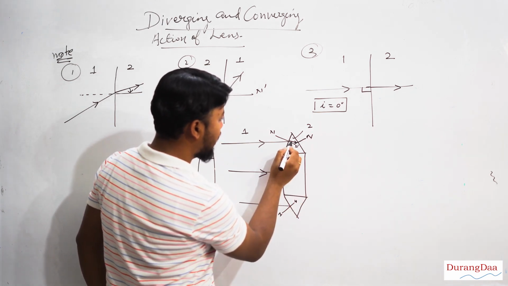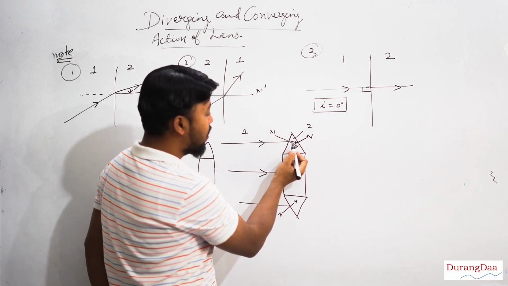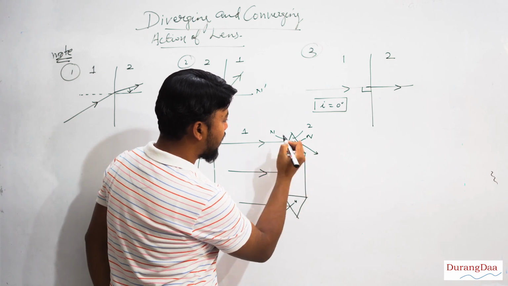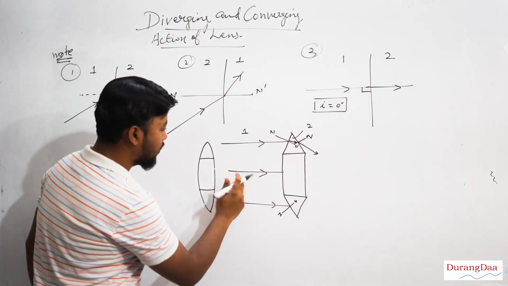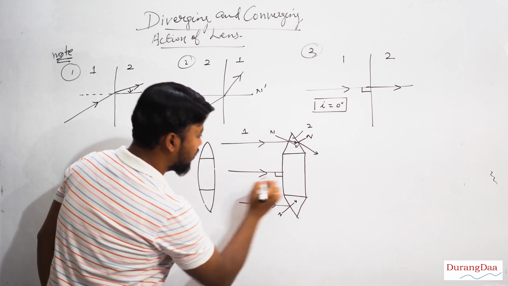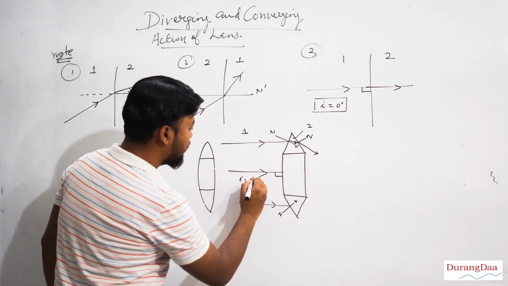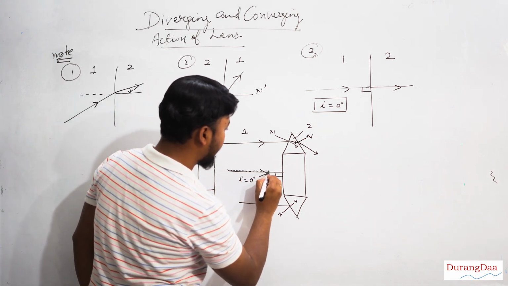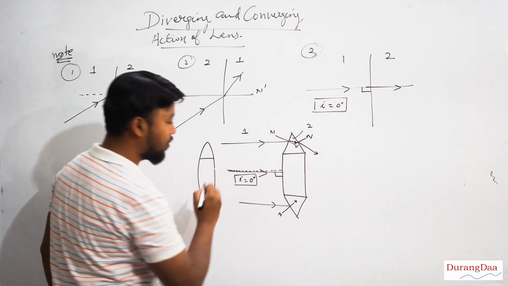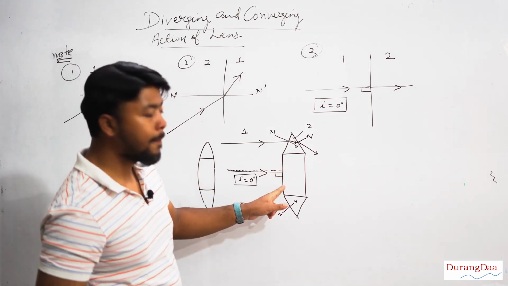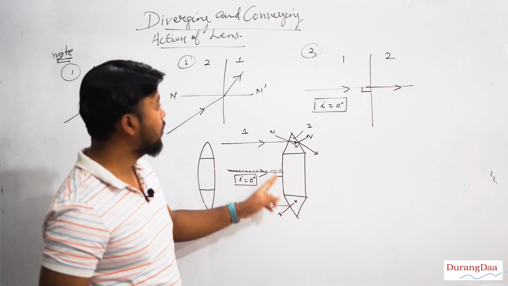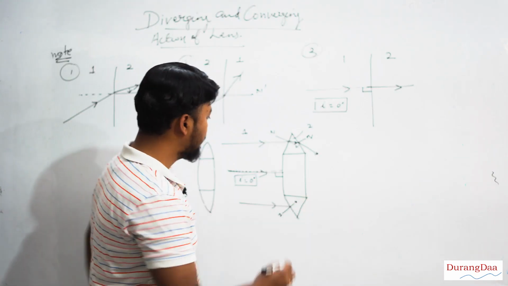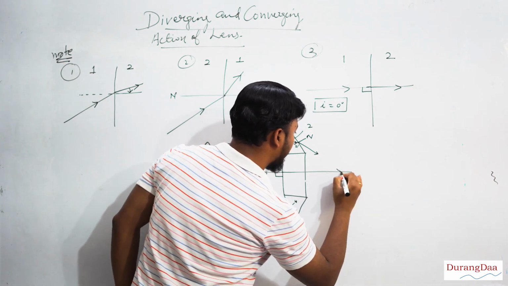Now, this light ray inside the prism will travel from denser towards rarer, so it will move away from the normal as it is coming out. For the middle case, this is making 90 degrees. That means the angle of incidence here is 0 degrees. This light ray is coinciding with the normal exactly. That is why the angle of incidence is 0 degrees, and it is making 90 degrees with the surface of the rectangular glass slab. So we already know, in this situation the light ray will pass undeviated, straight. So in this case it will pass straight like this.